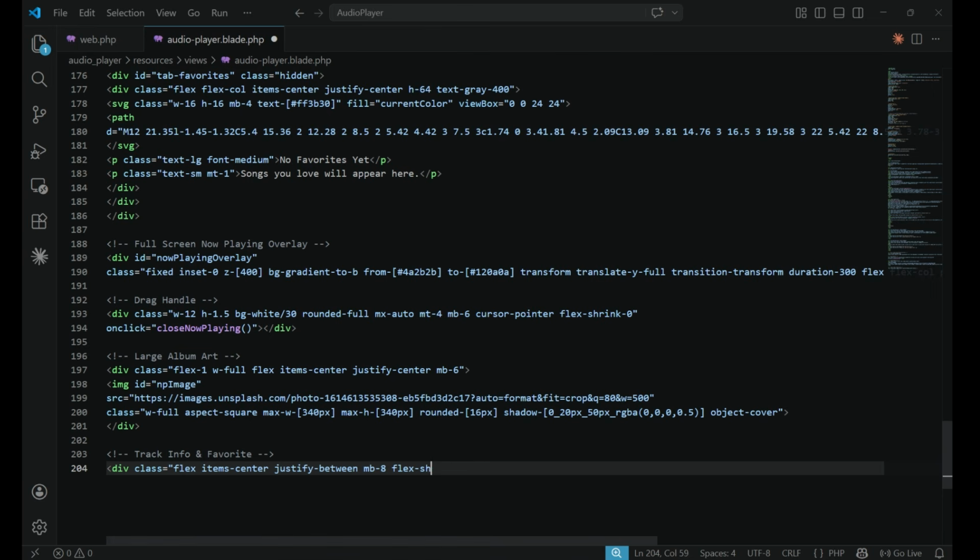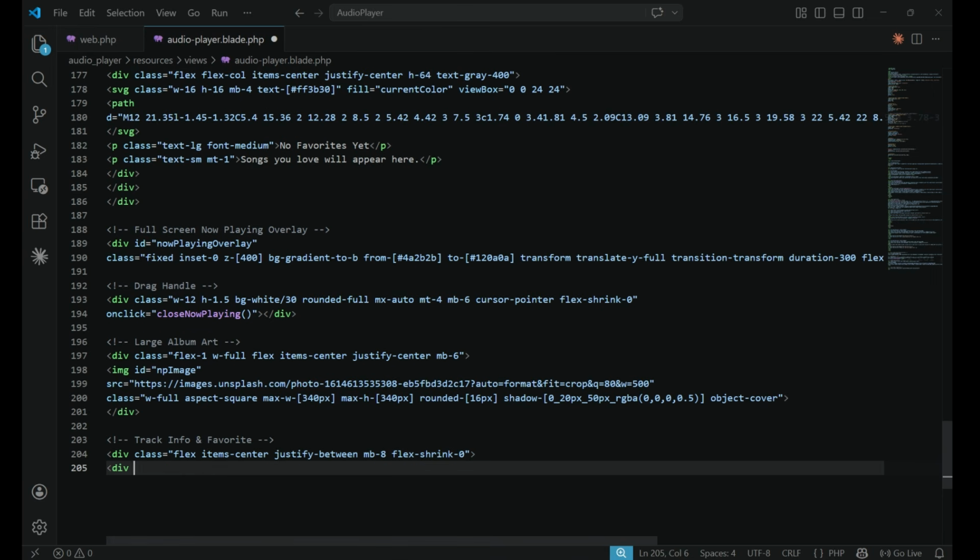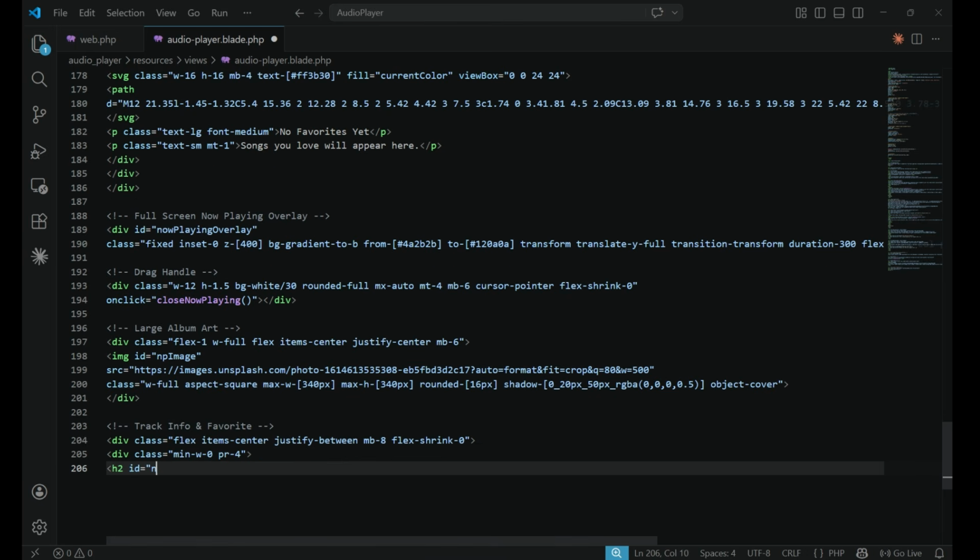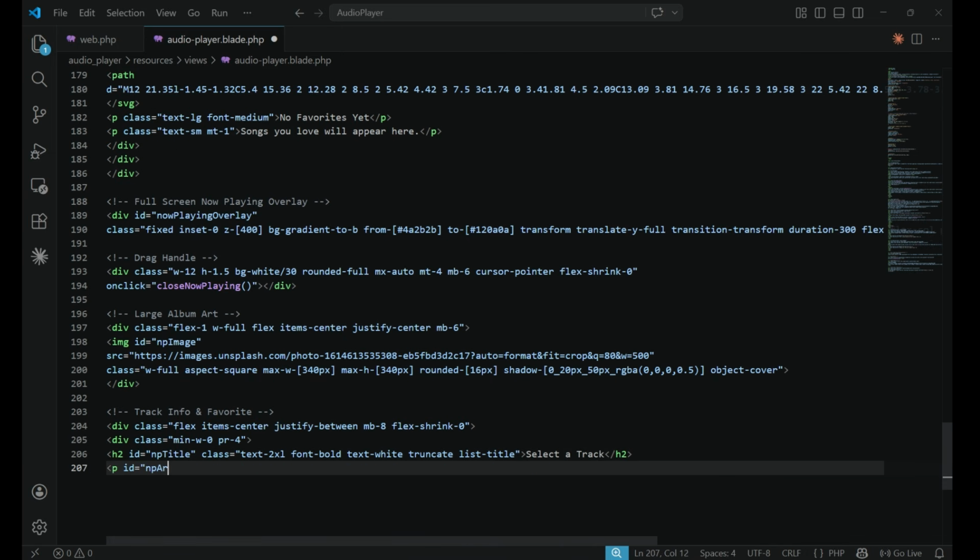And within this, I also need to add the SVG and I will do in it some styling. And I will give it ID and then